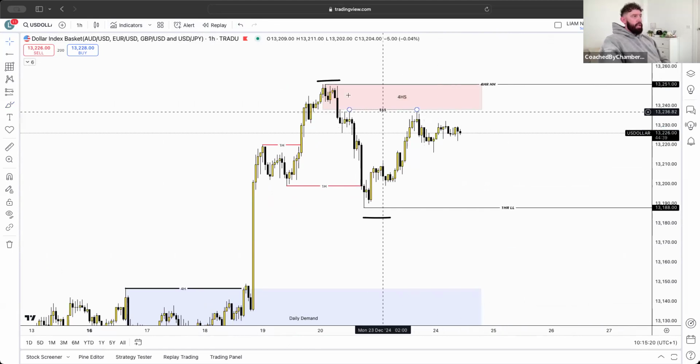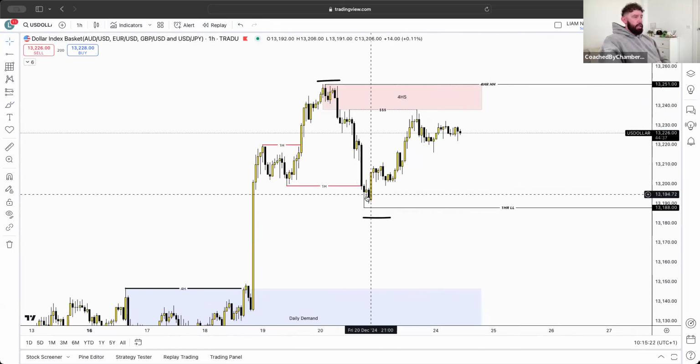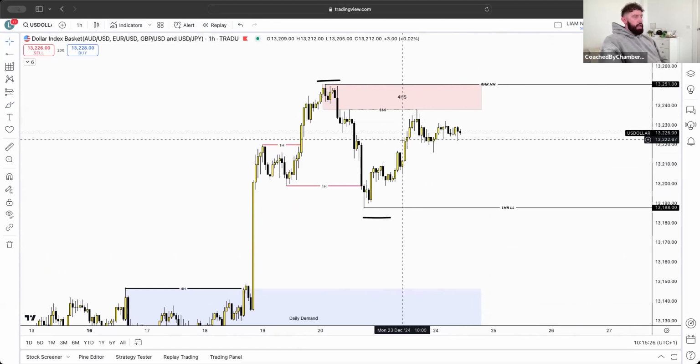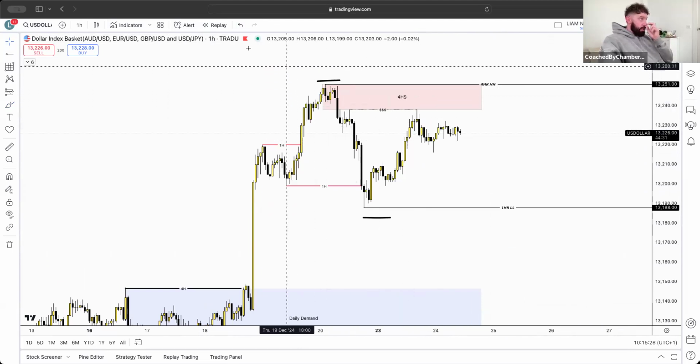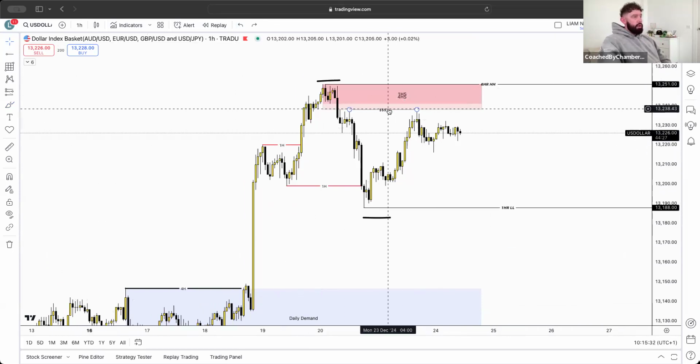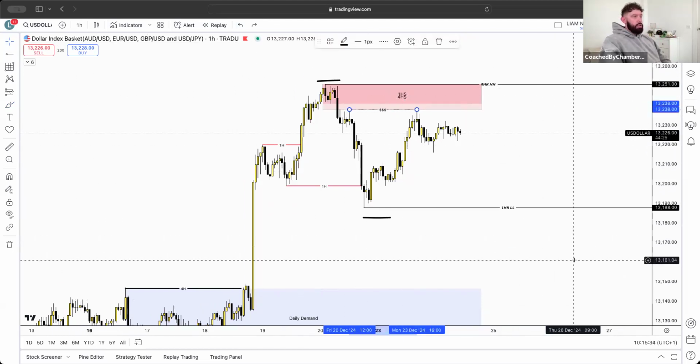You'll be able to notice that we had this 4 hour supply area and we did come up slowly and tap into this 4 hour supply. Now, I would have liked to see a deeper retracement into the 1 hour supply. Why? Because as you guys can see right now, we've just created equal highs. With them equal highs, what is equal highs? What is equal lows? It is liquidity.